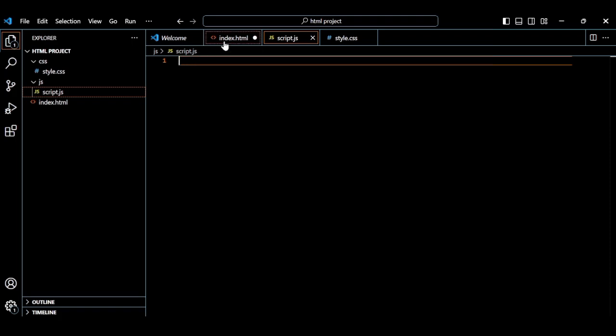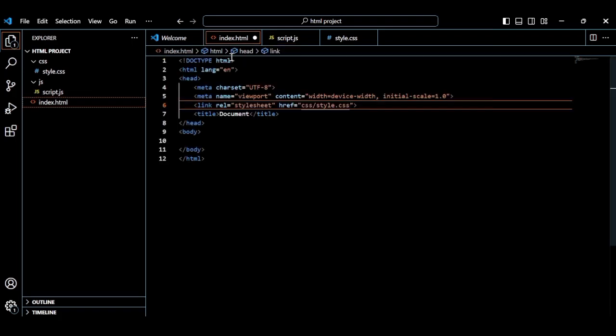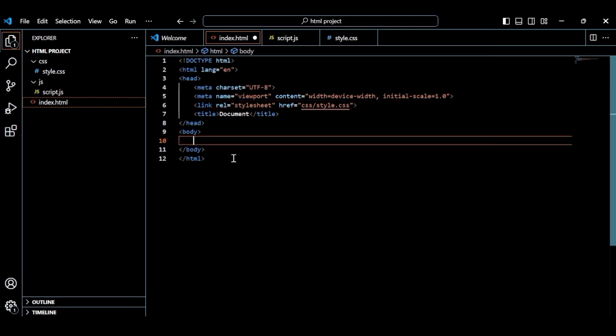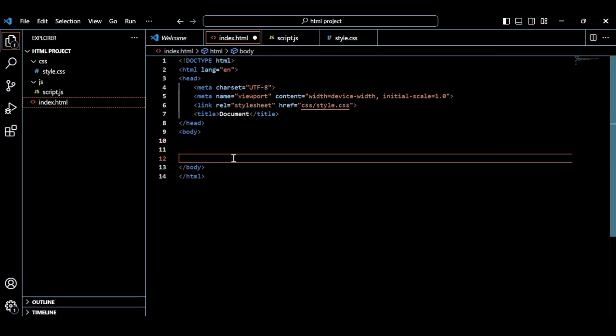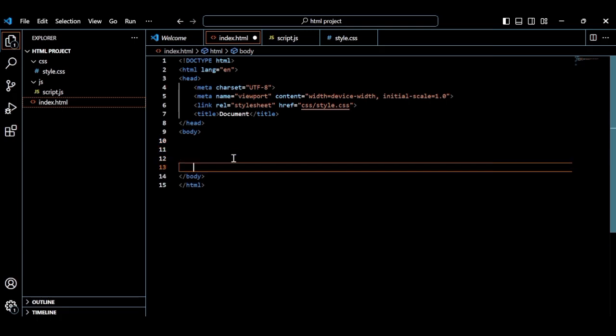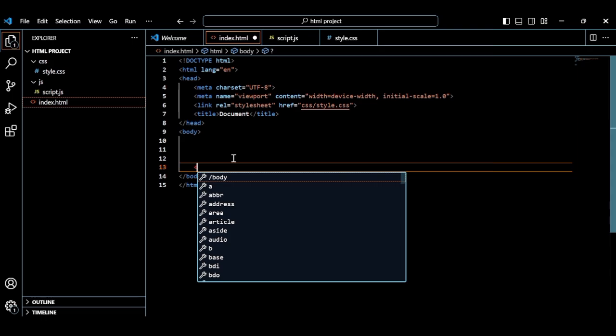So we're going to go to the closing tag, above the body closing tag, and you put your cursor there and hit enter like 3 or 4 times. So we are going to put some script text here. You're going to type script, and the first one that comes out, you're going to click on it,